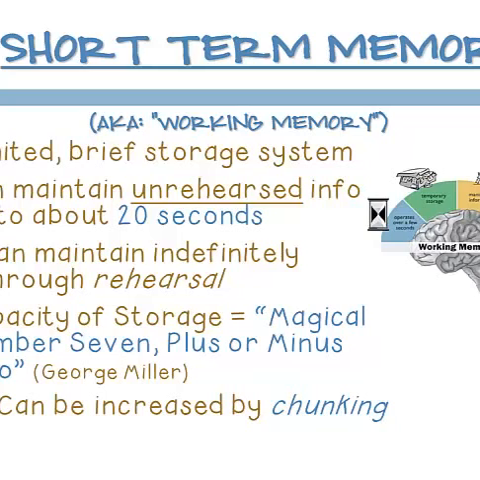It's believed that we can store the magical number 7 plus or minus 2 items of information in our short-term memory for up to 20 seconds. Now we can increase that number of items by chunking the information. So think about a phone number. Okay, so I'm going to say